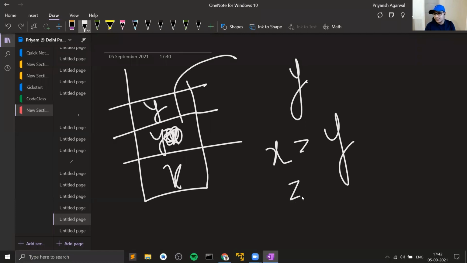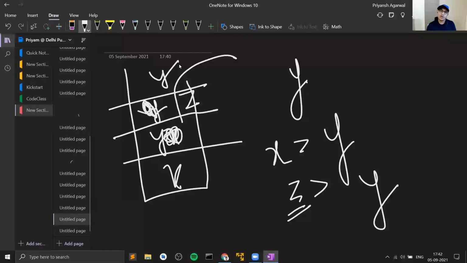But now let's say a z comes here. And the condition is that z is greater than y. So what you will do is you will compare z and y. What you will see is your z is not the new minimum, right? So you'll again pop this y, you will insert z, and now you'll insert a y again, because y is your current minimum, right? So in this way, you're actually storing your current minimum on the top of the stack